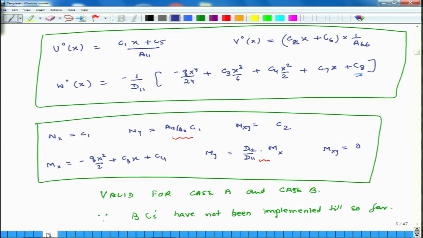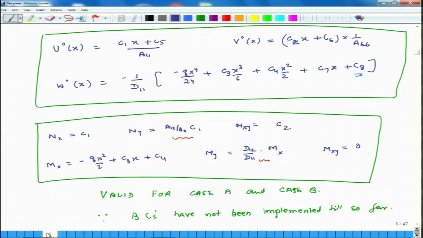Yesterday we solved a part of the semi-infinite problem, in the sense that what we have done so far is that we have solved and integrated the partial differential equations. The solutions which emanate by integrating these partial differential equations are valid for all the four cases A, B, C and D, and then we implemented the fact that the laminate is symmetric as well as cross ply, and that led to the development of the solution as shown in this slide.